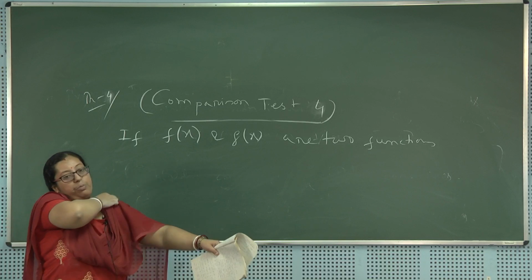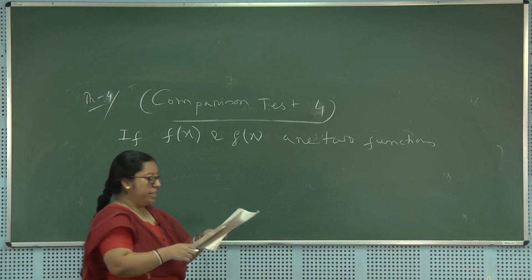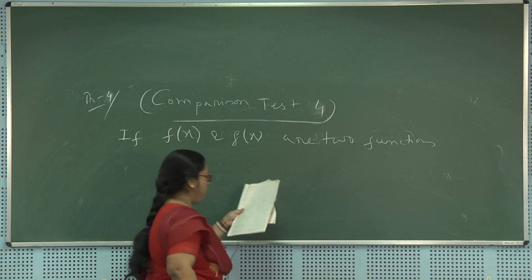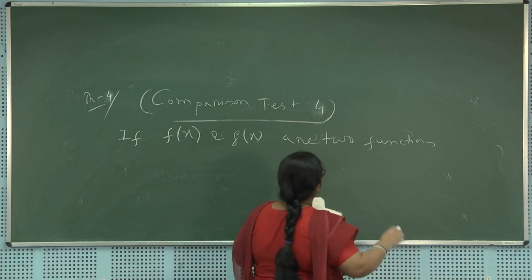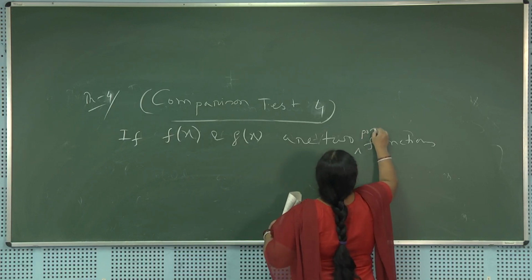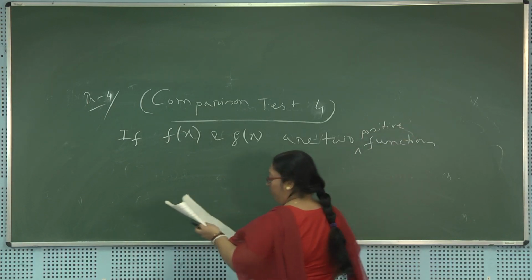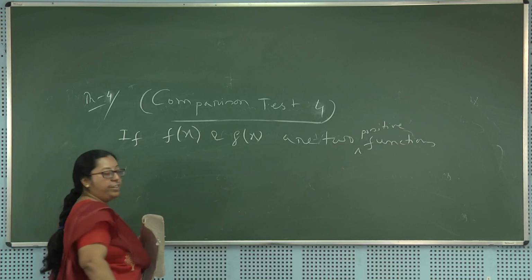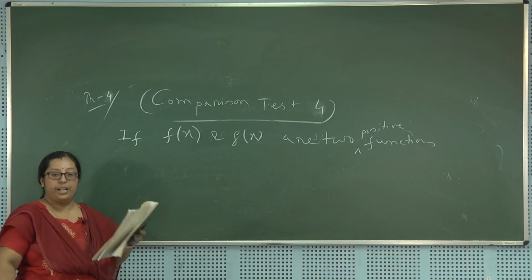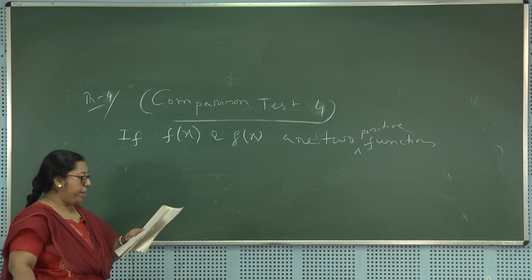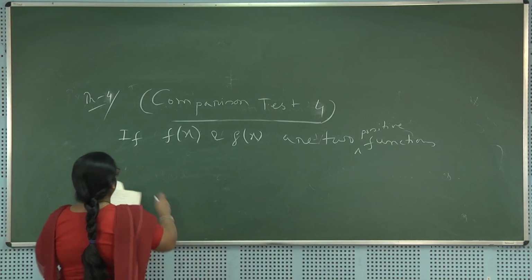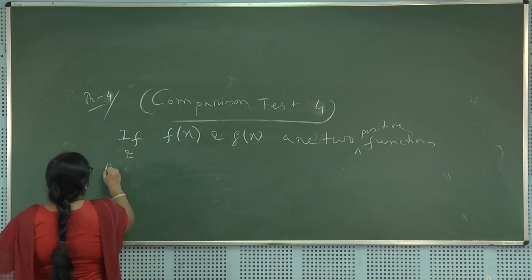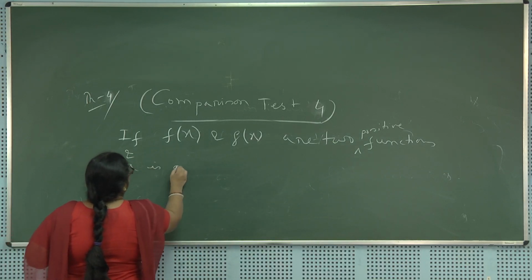For certain types of problems, comparison test 4 is much better, depending on the problem. Here we assume everything is positive. If it is a negative function, then you just define another function g(x) equal to minus f(x). So, if f(x) and g(x) are two positive functions, and number 1,